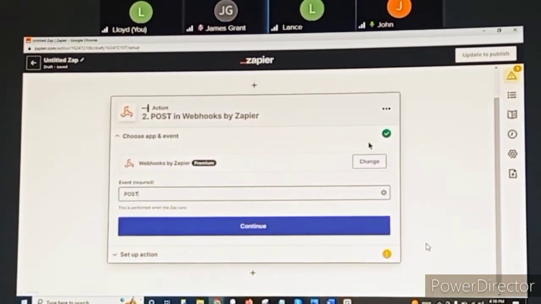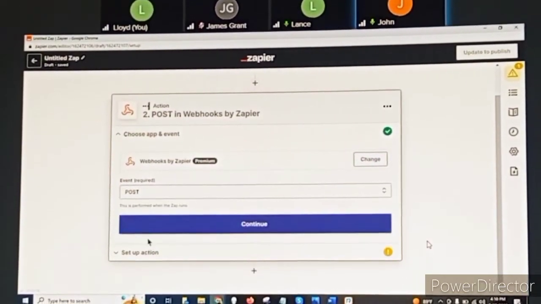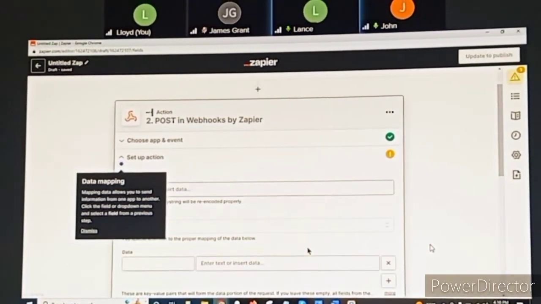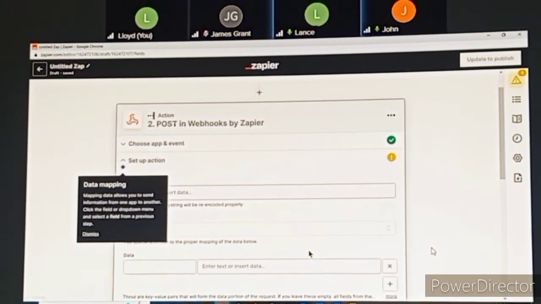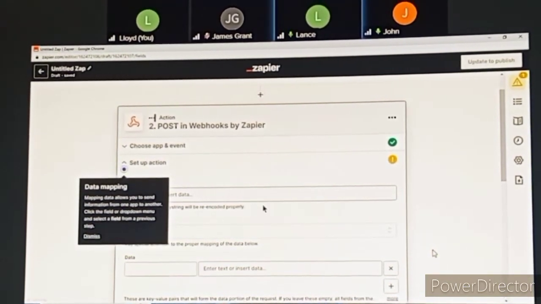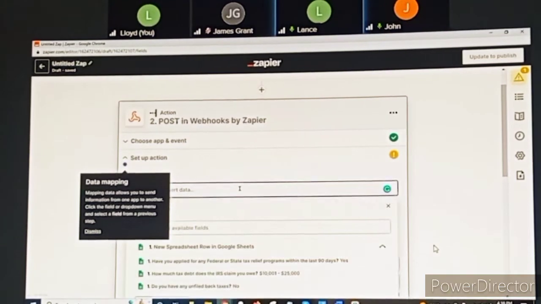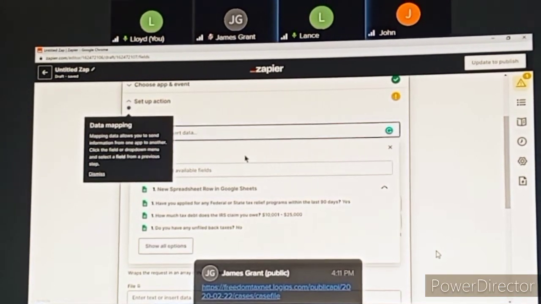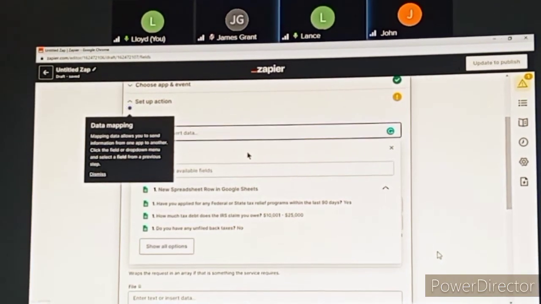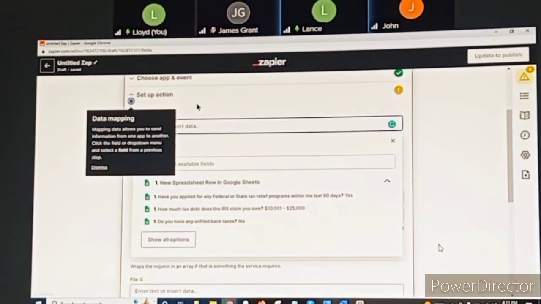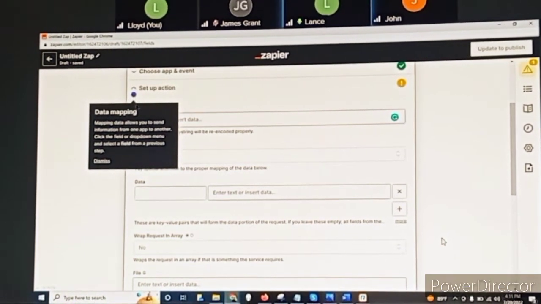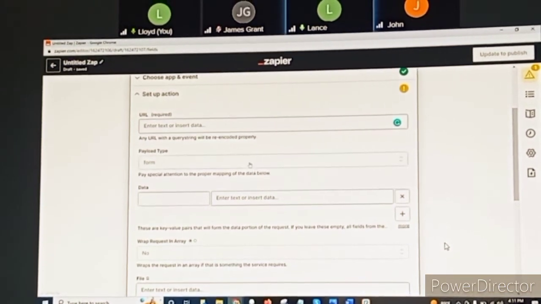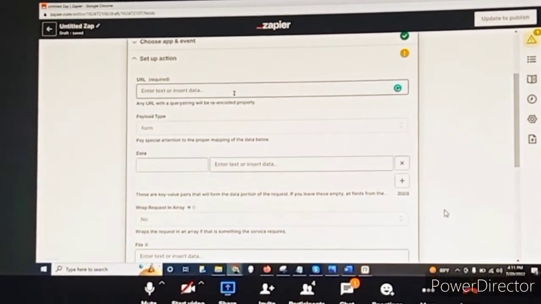All right. Continue. And the setup action is what you have to do. This is a one-time activity, and once you set this up, it's going to be an automation, right? Now they're setting up the actions. You see URL required, right? That URL will be